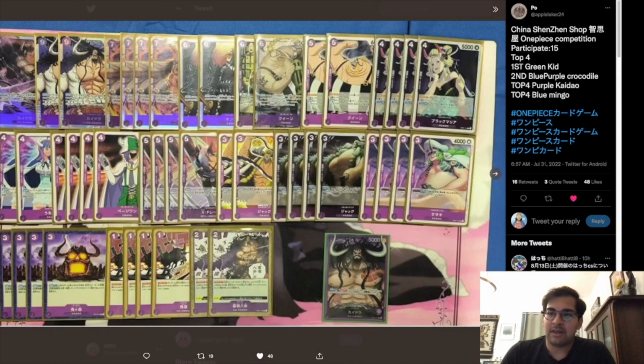Then we have got a Blurple Kaido. This is a good list. I really, really like the ramping and the discard cards here. Do not sleep on the discard cards. Once you start controlling your opponent's hand, they're going to have a horrible time. Just Purple Kaido, not Blurple Kaido. The Queen here is just another nice out for...